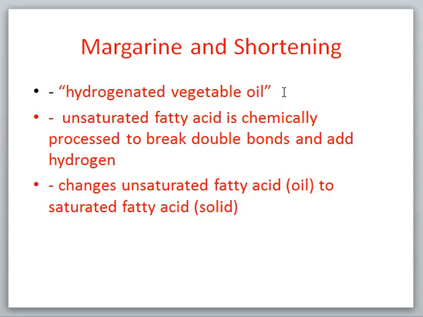Okay, hydrogenated vegetable oil consists of unsaturated fatty acids, in other words, plant oils, that are chemically processed to break those double bonds and add a hydrogen. So what we're doing is synthetically changing this unsaturated fatty acid, this liquid oil, to a saturated fatty acid, which allows the triacylglycerol to form